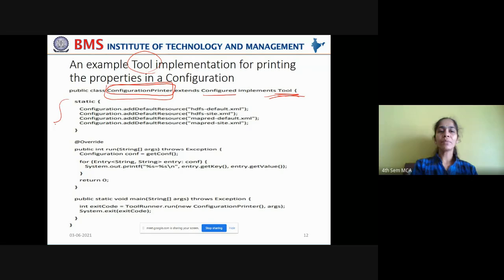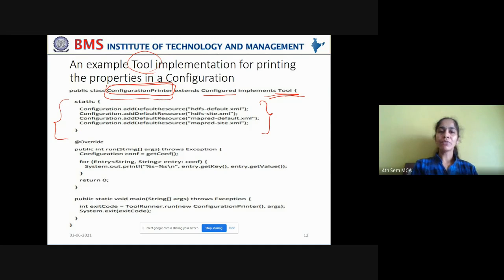Now in the static block, what you're doing, you're adding all the default resources which have some default properties. Now these default properties can be set from the command line by using this generic options parser, not directly, but through Tool and ToolRunner. Got it? Now in this static block, what are you adding?